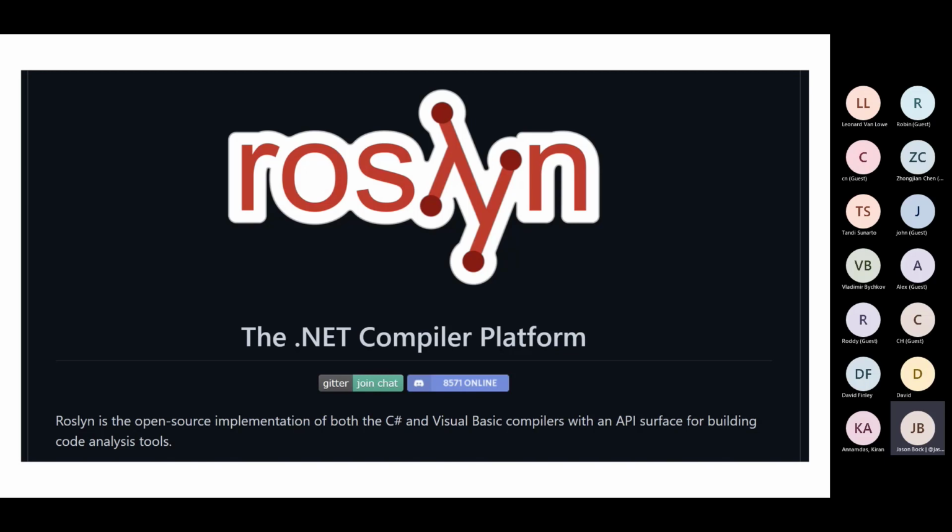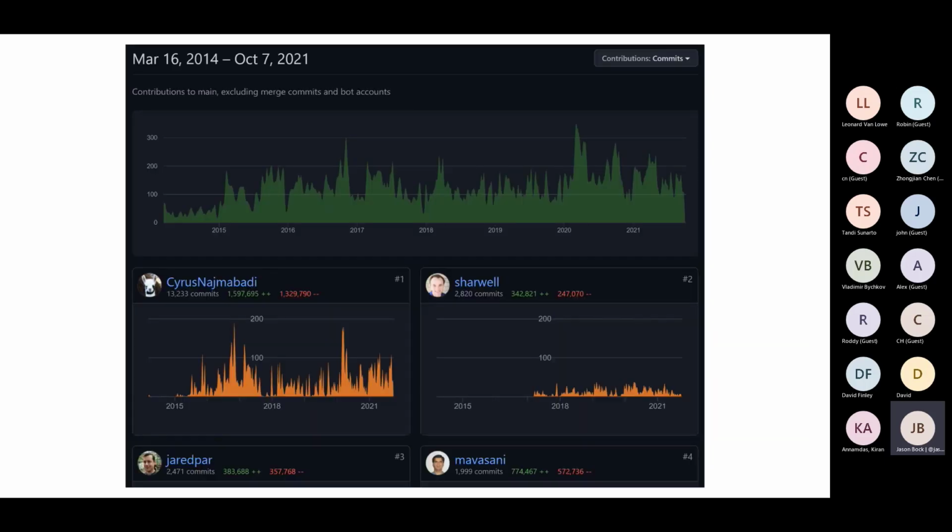Again, it's open source, it's in GitHub. This really, I think, pushed things even faster and farther down the road for Microsoft to change their course and become a lot more open and embracing to open source. If you go to the link that I took this screenshot from, most of the people at the top of the list are contributors from Microsoft, which makes sense. This is their full-time job. This is what they do.